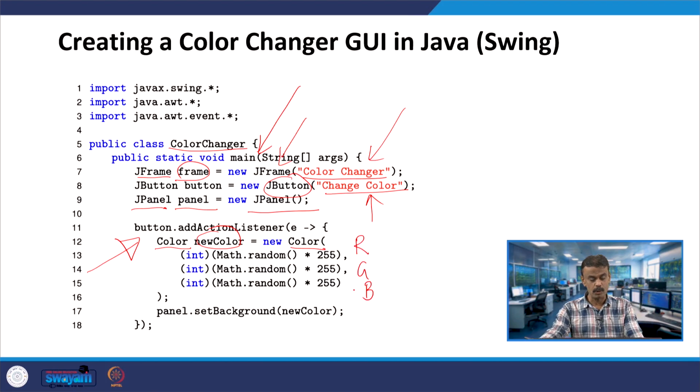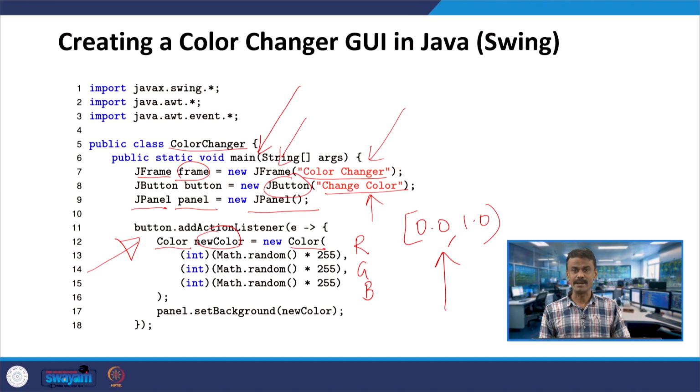So, here what you are doing, you are calling Math.random. So, Math.random here is the closed interval 0.0 to open interval 1.0. This number will be generated. Math.random will generate the number between 0.0, the closed interval, that means inclusive, and 1.0 exclusive. And then when you multiply by 255, it's a random number.